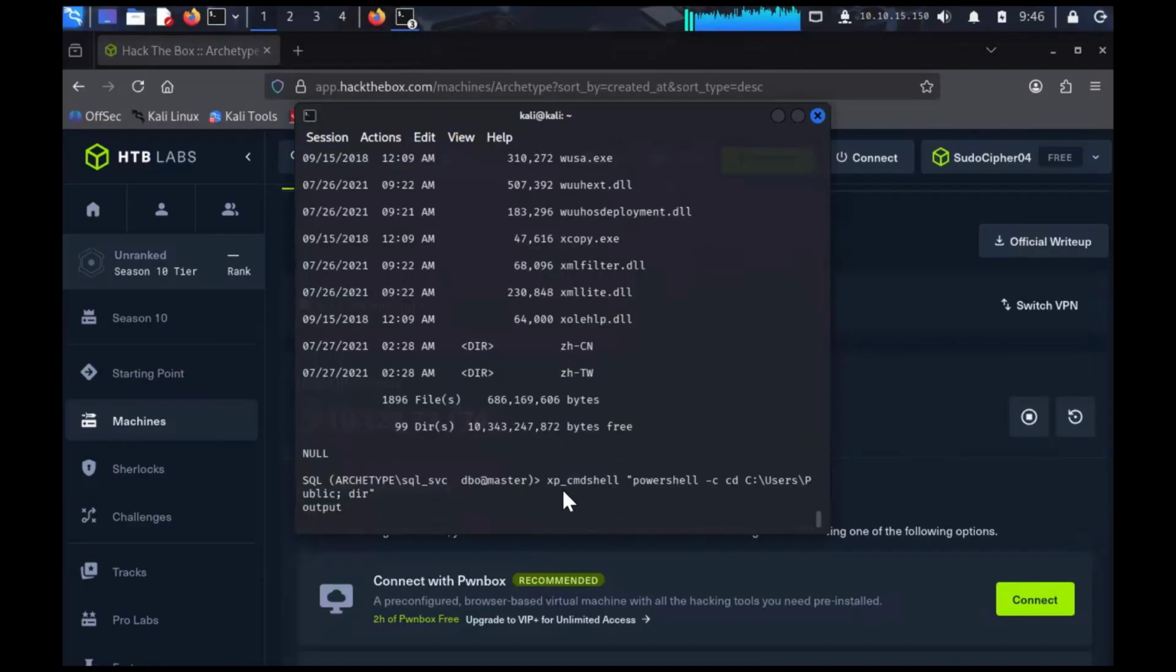Let's go and use this command, xp_cmdshell. I use xp_cmdshell to execute Windows commands and enumerate the contents of the public directory. Essentially,